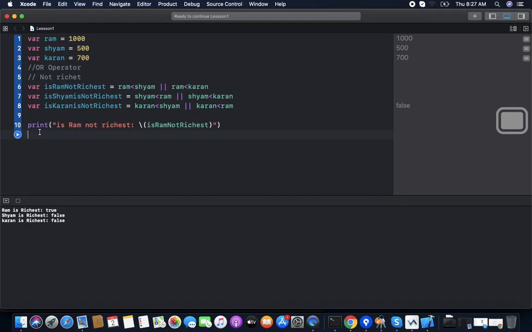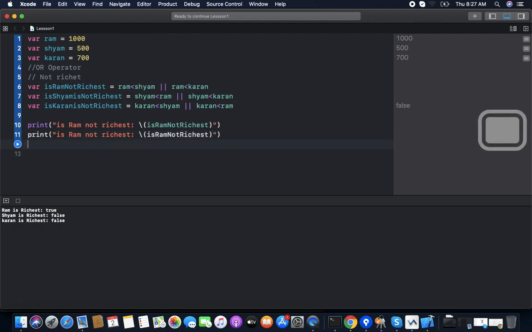Same like this we check for Shyam and Karan. For this we can check here. Now we run this.